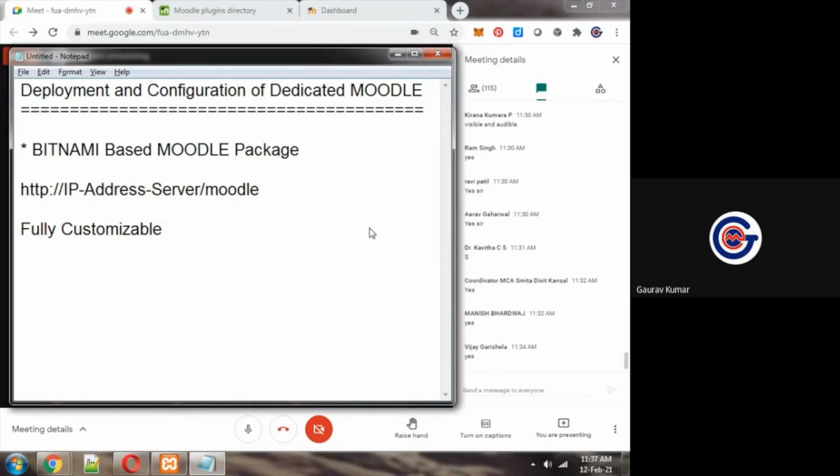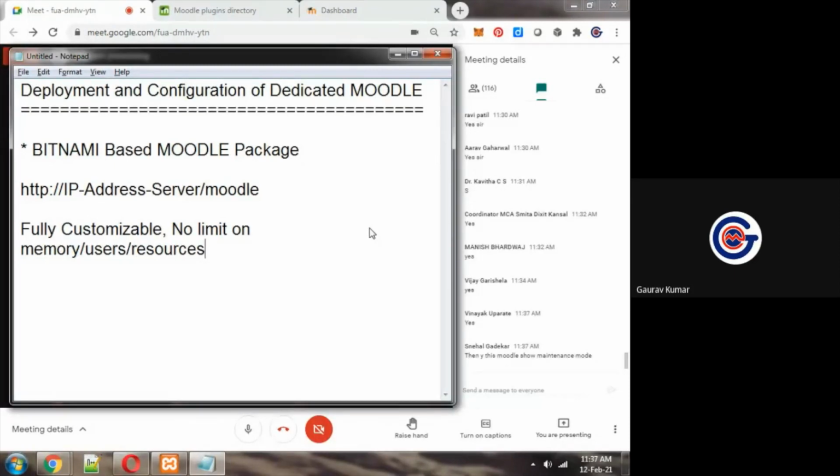So there is no limit on memory, users, resources. Any number of users, lakhs of users can be deployed. If your machine has 1 terabyte memory, then 1 terabyte data can be stored. But on cloud, if I want to store 1 terabyte data, I will have to pay to IBM, to Google, to Amazon, or to that particular cloud service provider. If the machine is mine, yes.